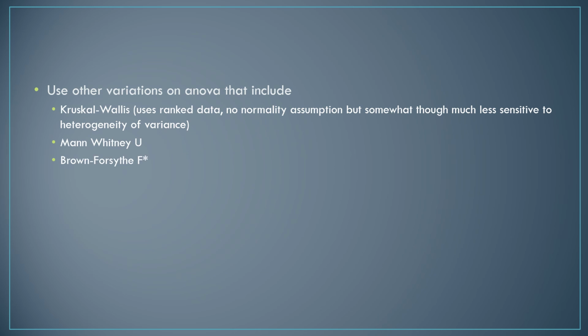There's also the Mann-Whitney U and the Brown-Forsythe F star. And the Welch's W. All of these are if you need something more stringent, if you have data that is different than what is required to run an ANOVA, or if you have a violation of an assumption. There's also the James second